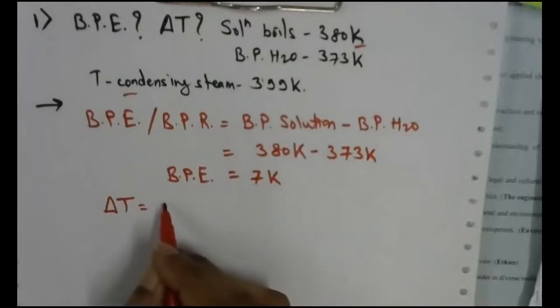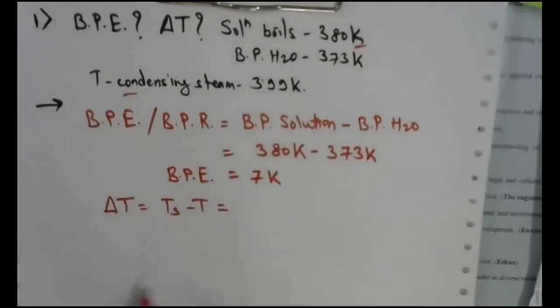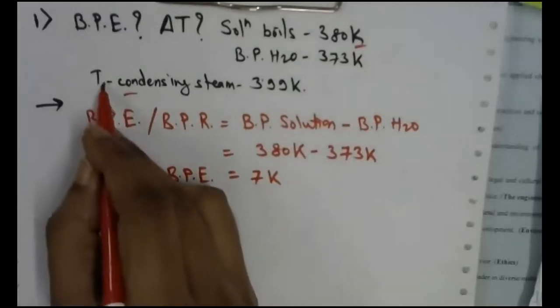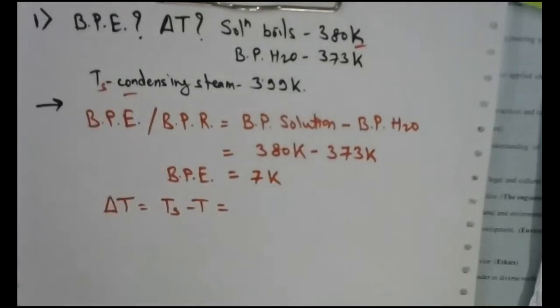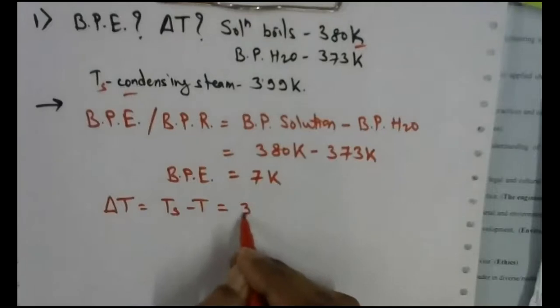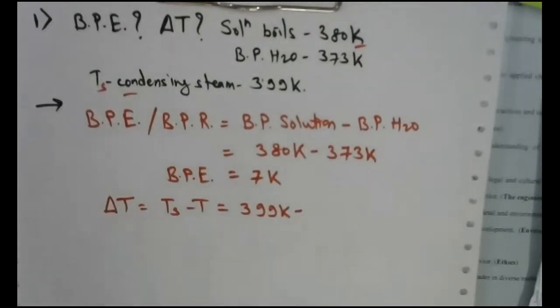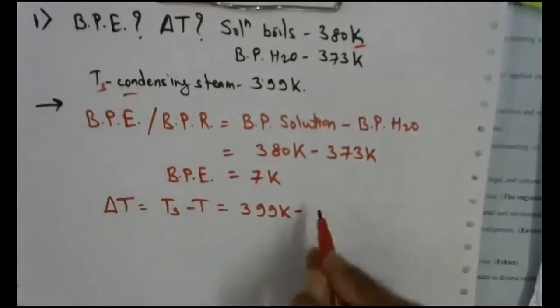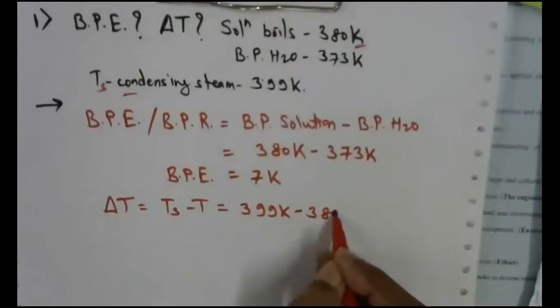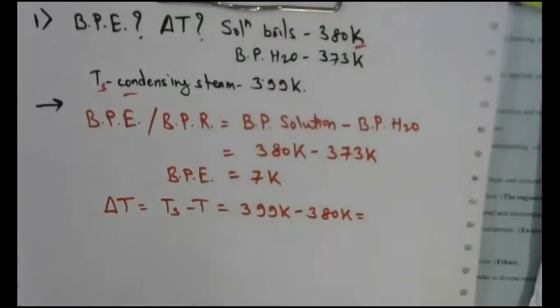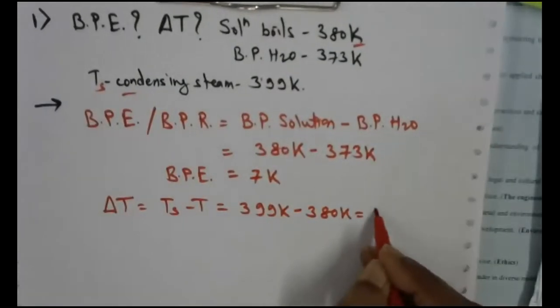So delta T is Ts minus T. Ts is the condensing steam temperature, 399 Kelvin, and the boiling point of the solution is 380 Kelvin. So it is 19